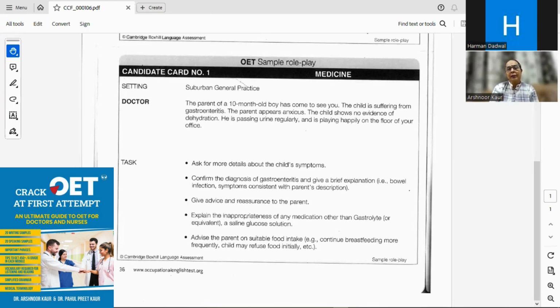Consider that the person sitting in front of you is a layman, does not know much about medical terminology, and it is advisable to reduce it as much as you can. If you're using something, then you have to elaborate it or explain it in simple language so that the patient is able to understand. Now let's start. The mother is saying that my child is passing stools continuously. Then you have to ask for how long. The patient will say that it has been for the last 24 hours.